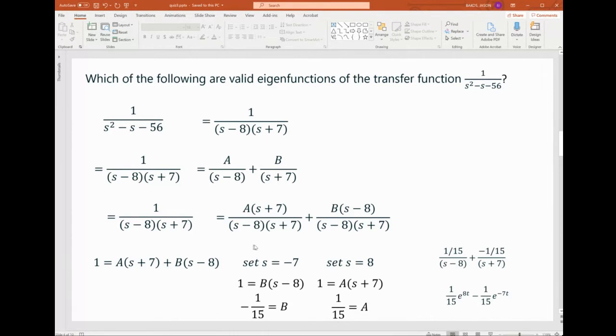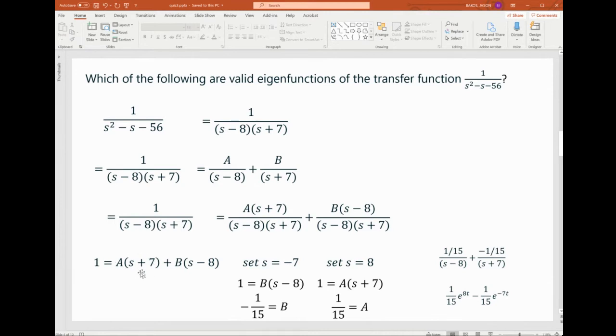multiply both sides of the equation by that denominator, s minus 8 times s plus 7, and then we'll have 1 equals A times s plus 7 plus B times s minus 8. We're solving for A and B, so we have two unknowns in one equation. So this is an underdetermined system, but we use this trick where we'll set s to be minus 7, which